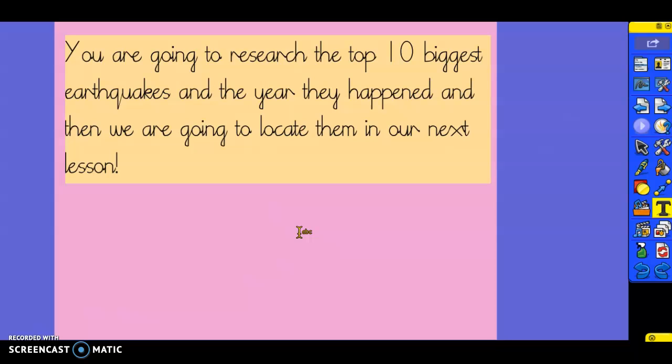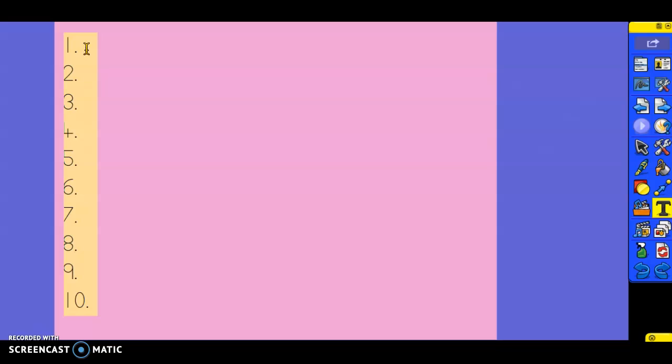And then in our next lesson, we are going to locate them, so find them on a map, and that's what our next lesson will be. So on a document of your choice, you are going to list your top 10 biggest earthquakes using the internet to support your research, find out where they would be and when they happened. So for example, it might be the world's biggest, you'd put that right at the top, number 1,